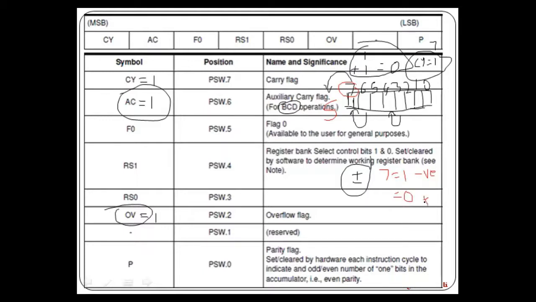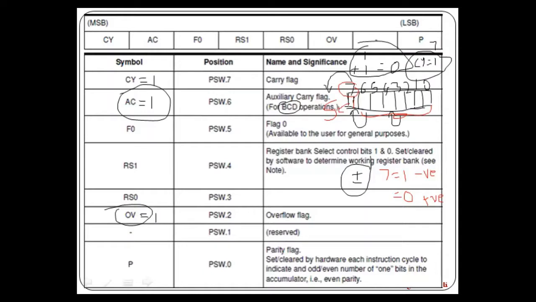So what happens if there is an overflow? What happens if your overflow flag is set? If the overflow flag is set, that means this thing has happened. You have a 1 in the 7th bit. So how will you interpret it? That my result is negative. The magnitude is decided by bit number 0 to bit number 6, and the 7th bit is going to give you the sign of the result.